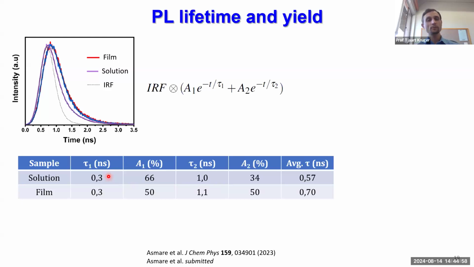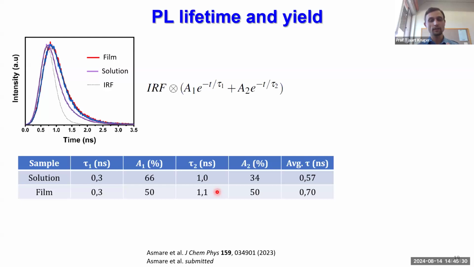Now, when films were formed by means of spin coating, the respective lifetimes remained basically the same, but the relative amplitudes changed, which means that there were many more of the products of the long lifetime component formed. In other words, more H aggregates were formed. Okay, so this is quite an interesting result, that the formation of the film led to molecular ordering, forming more